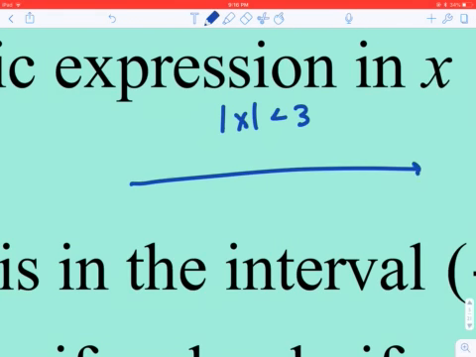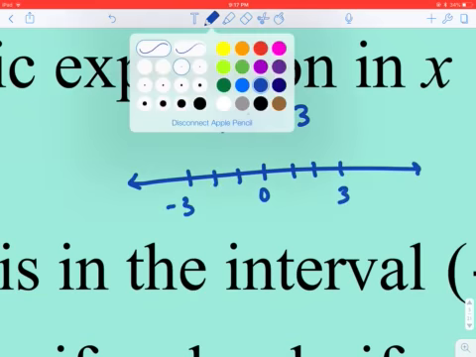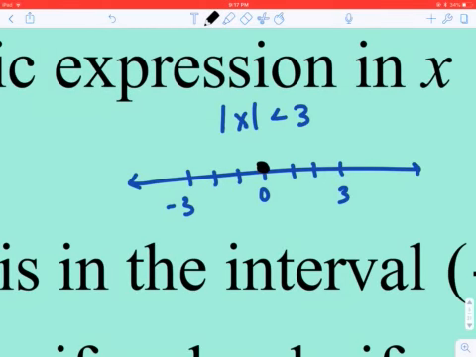If we're thinking about what numbers that's true for, it would be true for 0, the absolute value, that's less than 3, and 1, and 2, and negative 1, and negative 2, and 2.5, and 2.6, and 2.9, but not for 3. And so we can kind of see that this is happening to be true for all of these numbers here,